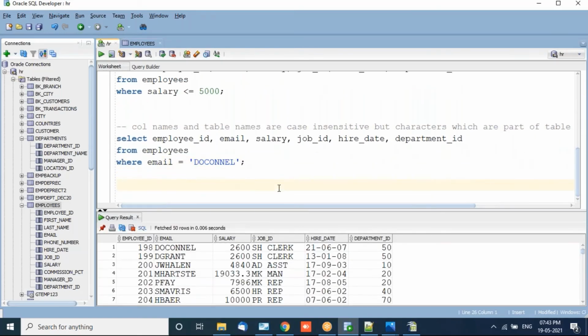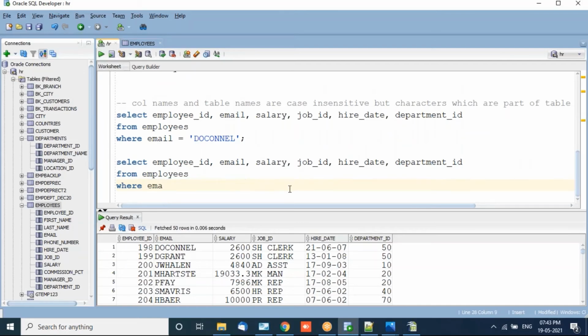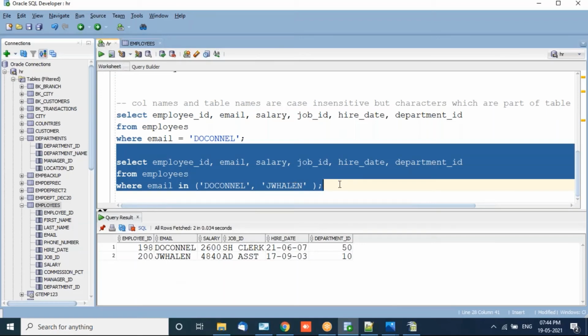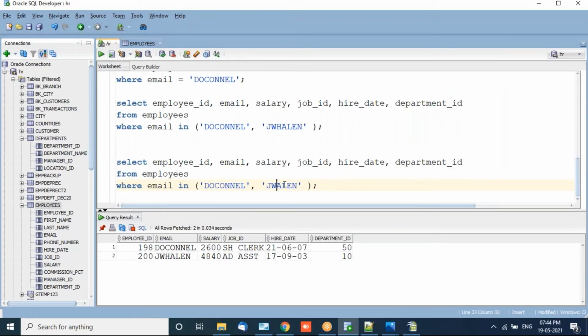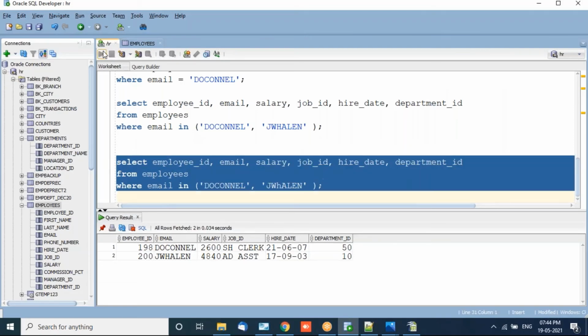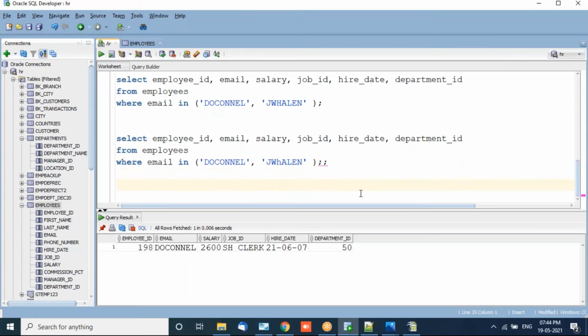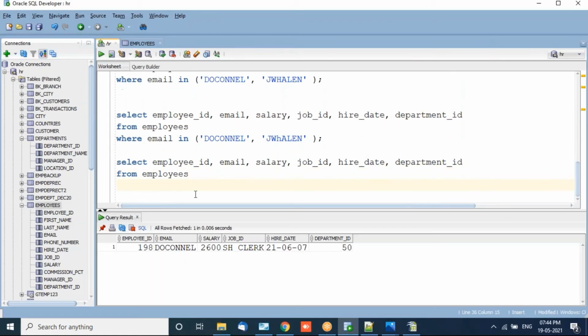for multiple matches we have, for example, email in. Even in a multiple match, if it is characters, I give them in single quotes, because characters must always be in single quotes. Now I was telling you about case sensitive and case insensitive. I'm putting H in lowercase, and see, it has gone, because it's case sensitive. It is looking for the exact match. Got it? For characters, single quotes. For dates, single quotes. For numeric, nothing.